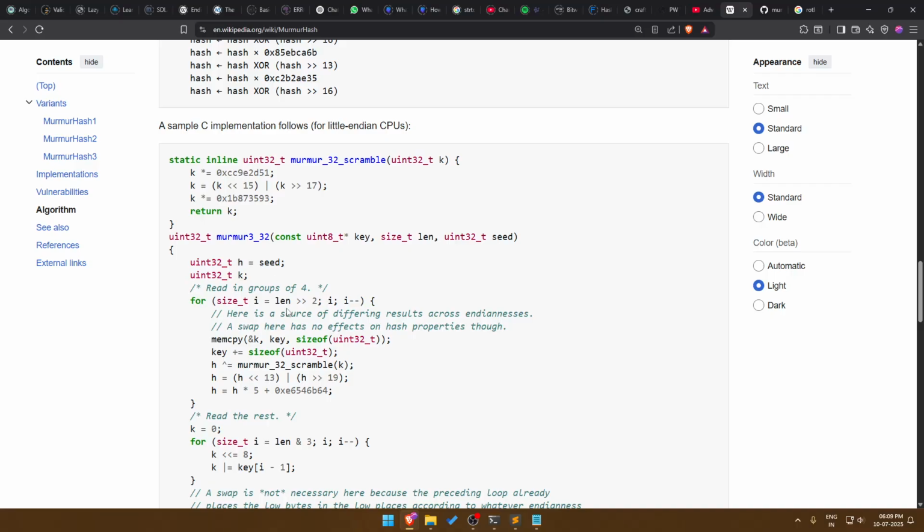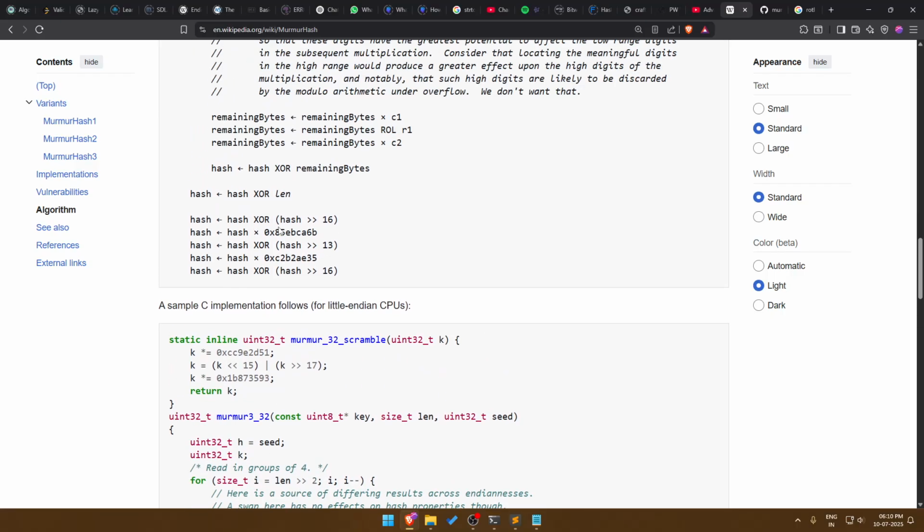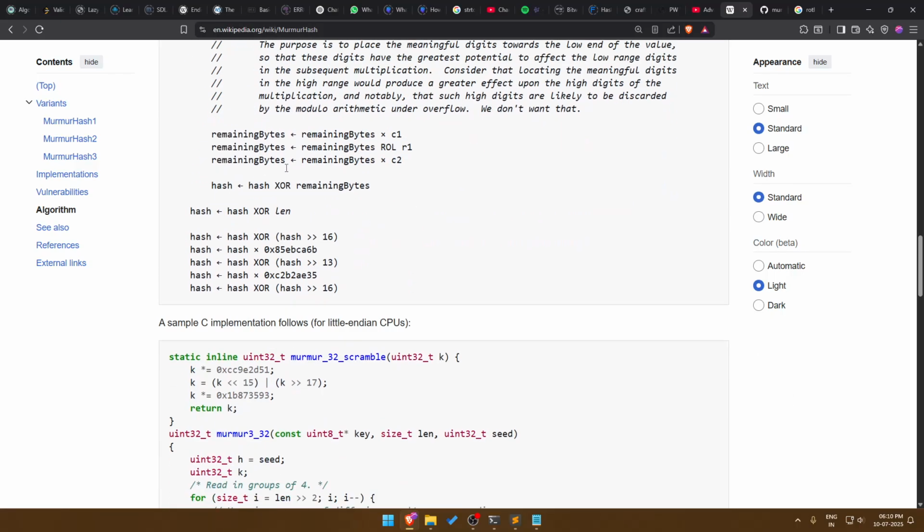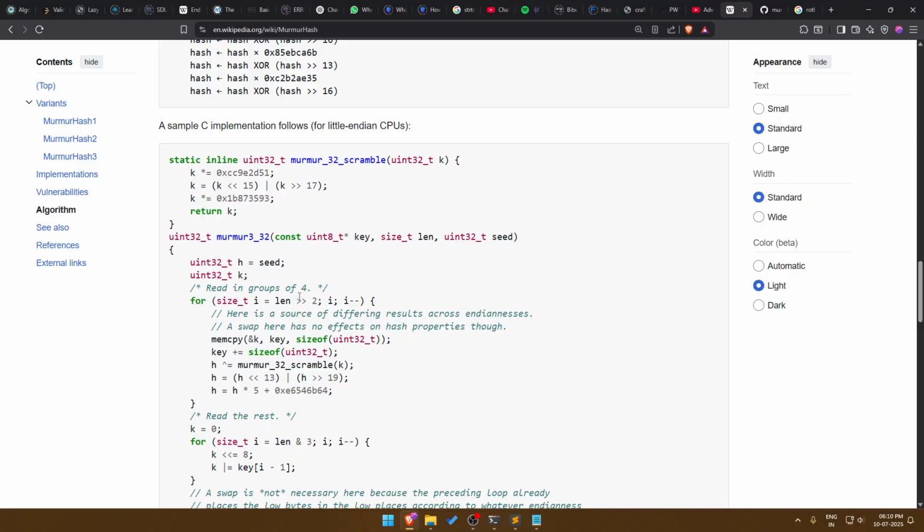I have to update the key for each of the length, right? This is dividing it by 4. Length, okay, size i, length i, then i minus minus. So we are simply, a scramble is whatever. I think it's right shift, right,